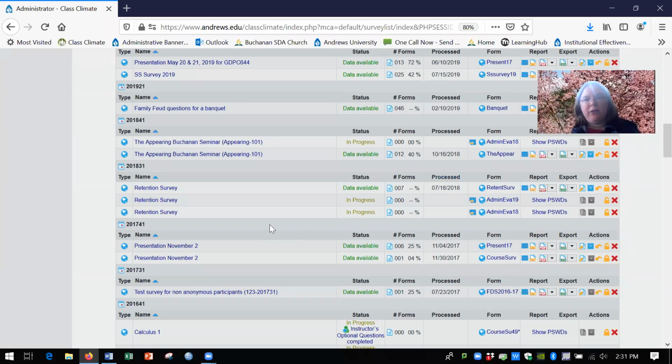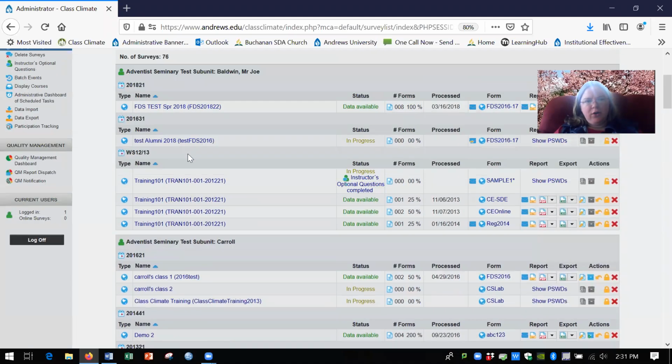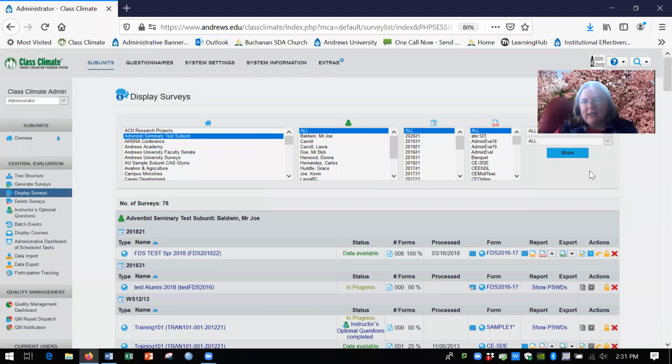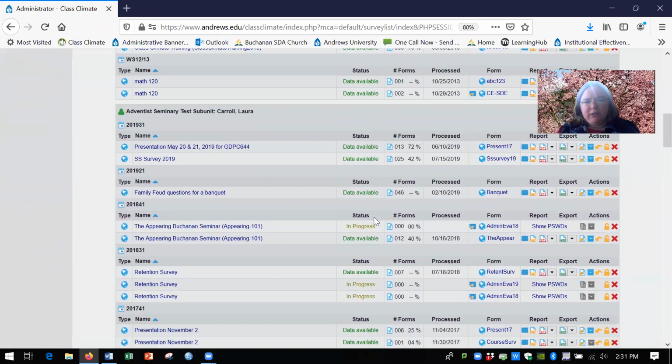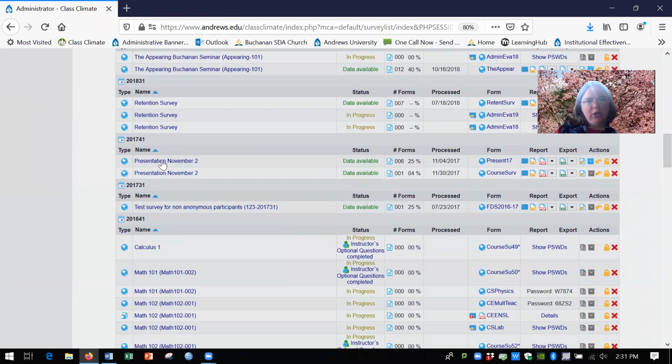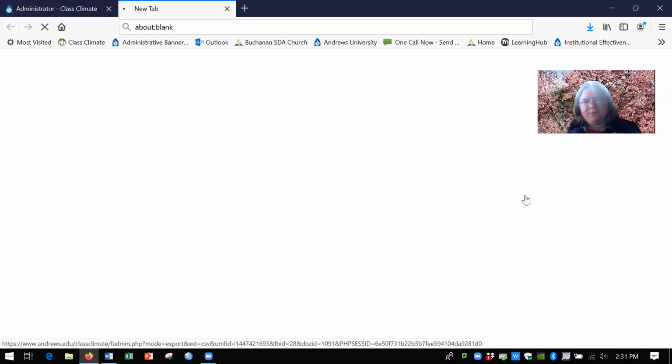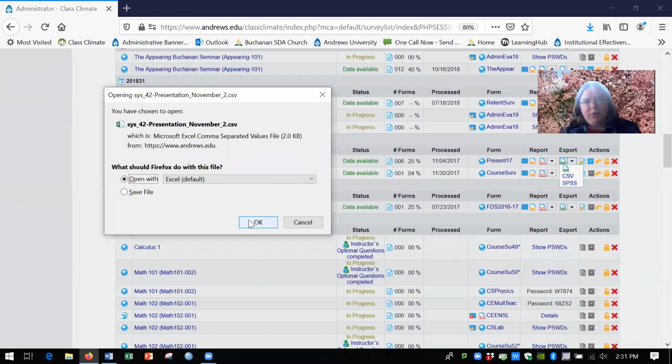So the first thing that you want to do is find your list in Class Climate of the participants that you want to use. So we're going to use presentation 2, and you're going to click on the CSV file. I'm going to open this up,